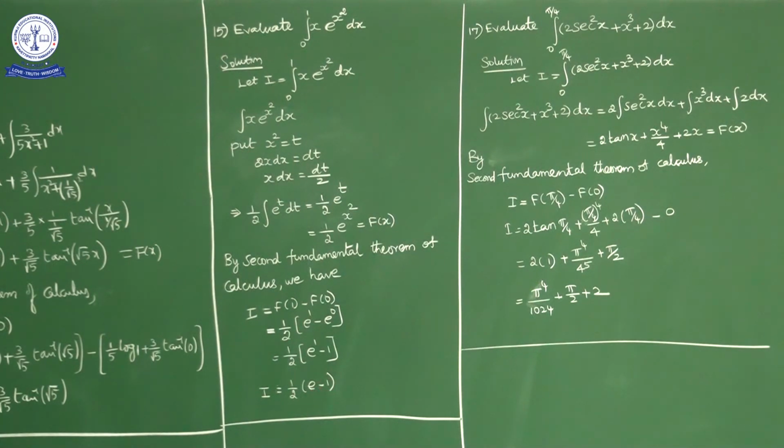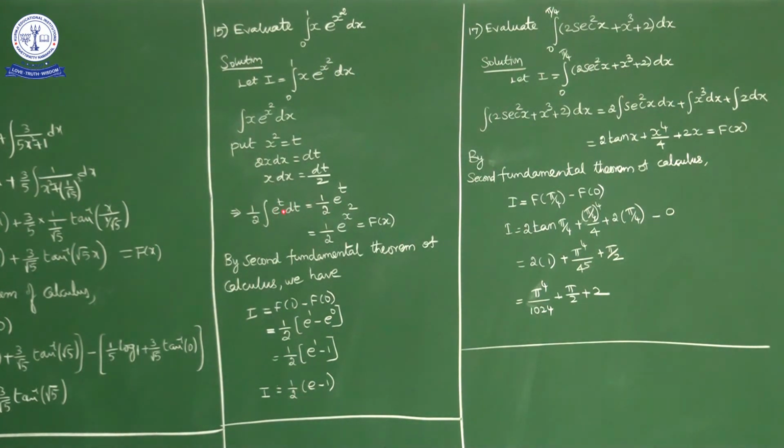Okay, I'll repeat once again. Evaluate integral 0 to 1 x e power x square dx. Now first of all I'll calculate indefinite integral of x e power x square dx. For this I'll consider x square equal to t, 2x dx equal to dt. So x dx equal to how much? Half dt. So this part reduces to half integral e power t dt. In place of x dx I'll write dt by 2 and e power x square as e power t. So integral half e power t dt.